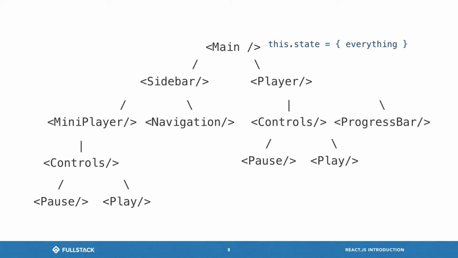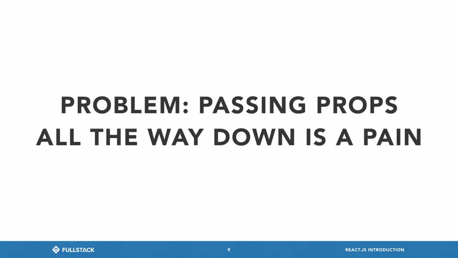Oops. So this state then has to get passed all the way down to anything that cares about it. And we don't even necessarily know, right? At this point, we don't necessarily know that these controls are here and we need to pass down play. It's a lot of plumbing work to pass everything down through props. So